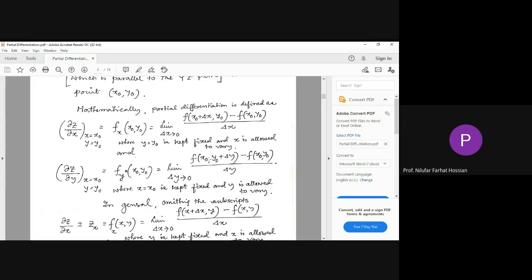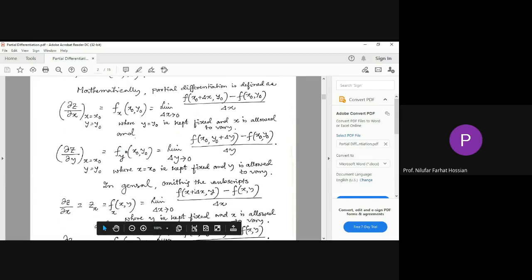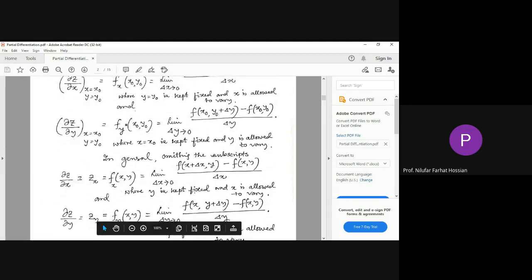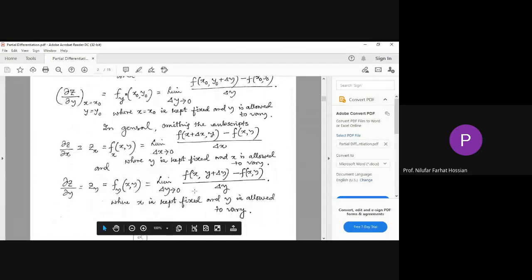So here x naught is not changing, y naught is changing, y naught plus del y, and here simply y naught, and x naught is not changing. So this is the partial, and del y tends to 0. So this is the partial differentiation of this function f with respect to y when x equal to x naught is kept constant. So if you omit the subscripts, this x naught, y naught, etc., in general,